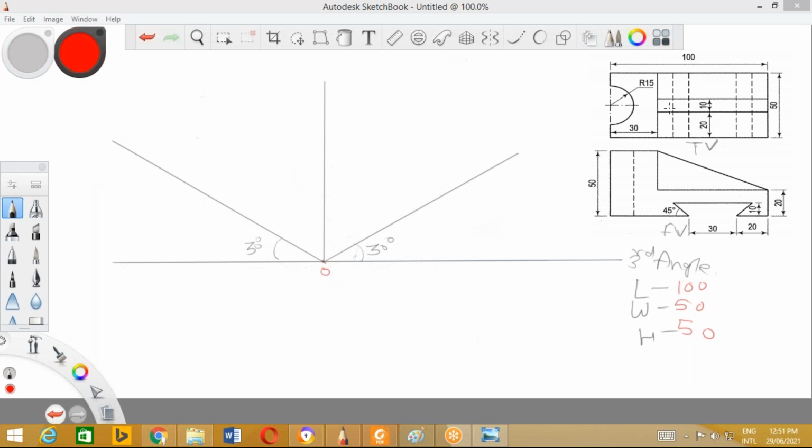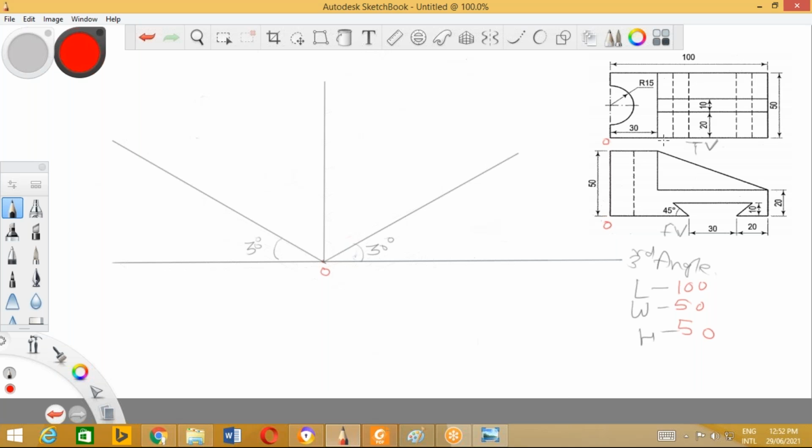Now herein they have not mentioned where the origin is. Getting me? So we'll consider this origin over here. With this origin, we'll try to cover up. You can consider the origin on this side also. Okay, so both are allowed. Whatever isometric view you draw, because here it is not mentioned where the origin is, for this particular problem we'll assume that the origin is on this side. Okay. Done. Now we'll try to solve.